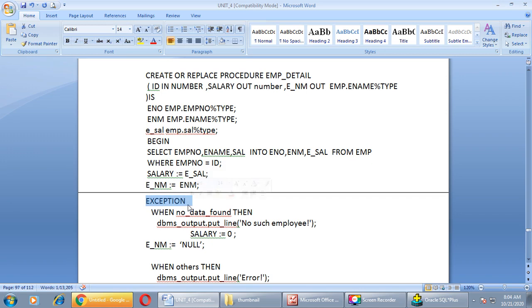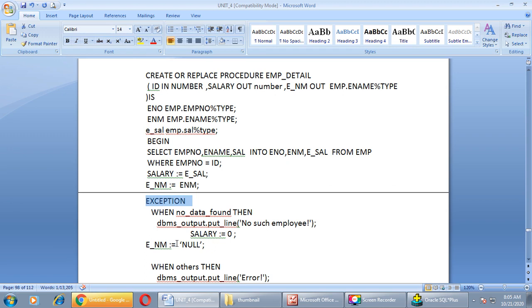Exception section begin. When no data found, when no records are found with the entered number, in that case we want to raise an exception. For that we have to handle that exception in the exception section. So here I have taken exception when no data found. Then in that case we want to print a message on the screen, no such employee, right?